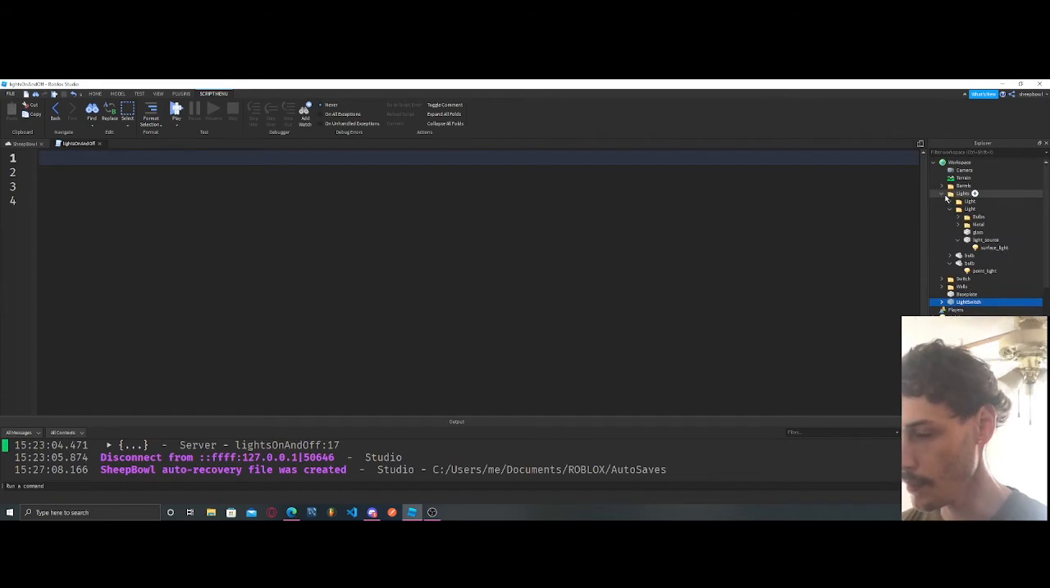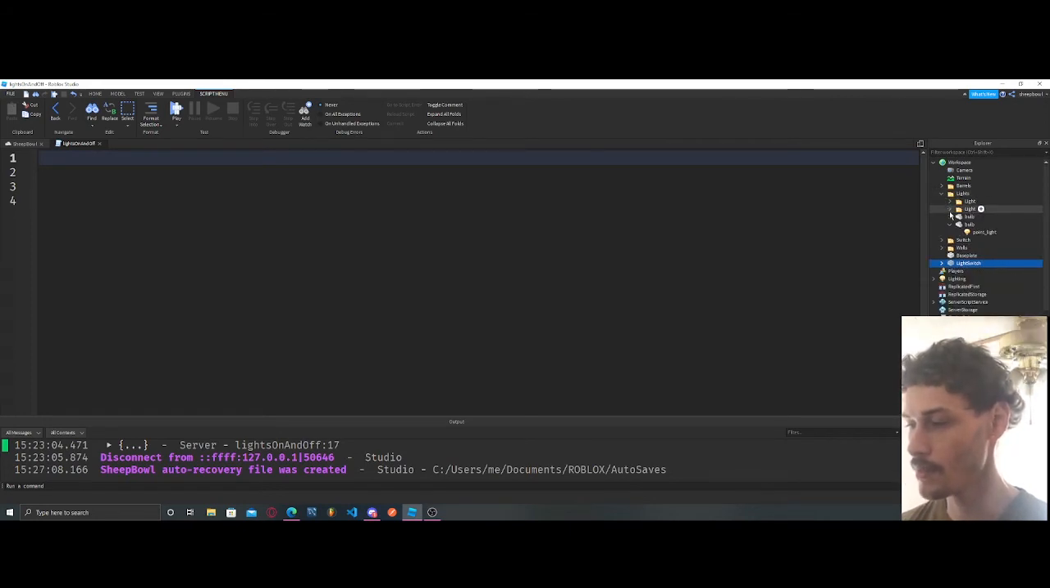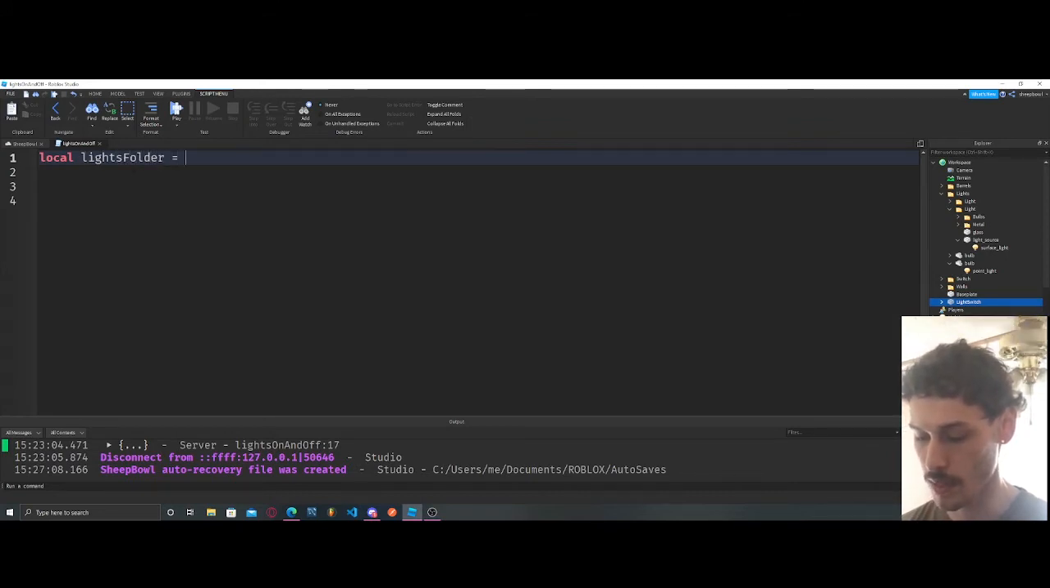So what I'm going to show you is, because these lights are all scattered out through this folder, they're not a direct child of the folder. So I'm going to show you how we can get these light sources in just a few lines of code. But let's start off with creating our lights folder as a variable. So lightsFolder equals workspace:WaitForChild